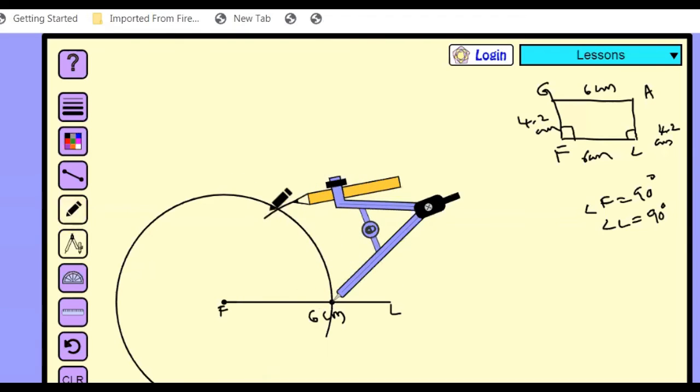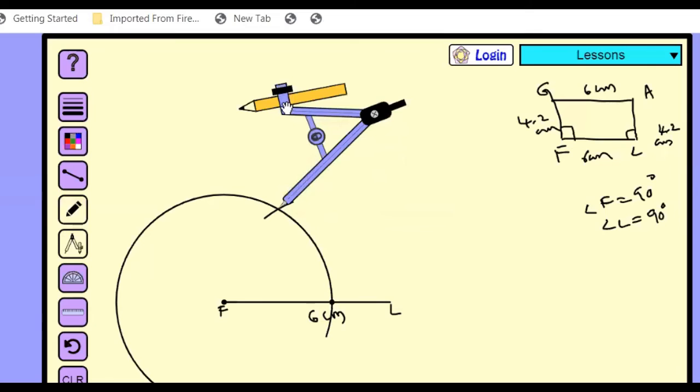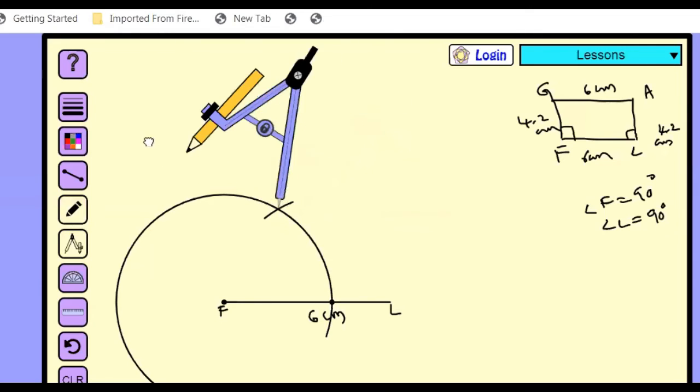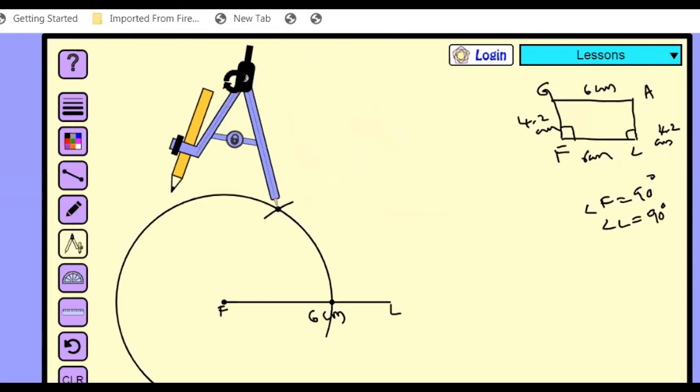Now we know this intersection point shows the 60 degrees. Now with the same radius again, with the point of the 60 degrees as center, draw another arc which cuts the previous arc. Now it is indicating 120 degrees. Now this is 60 and 120. Now we are going to bisect this 60 and 120 degrees to get 90 degrees.